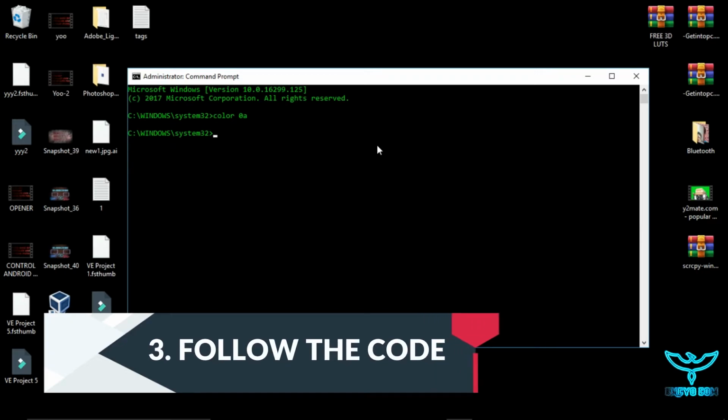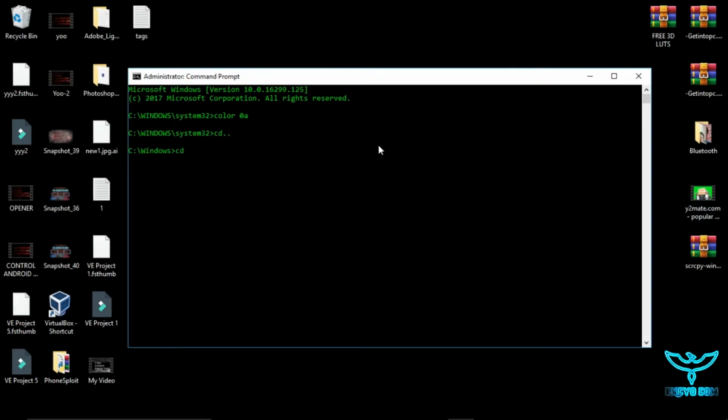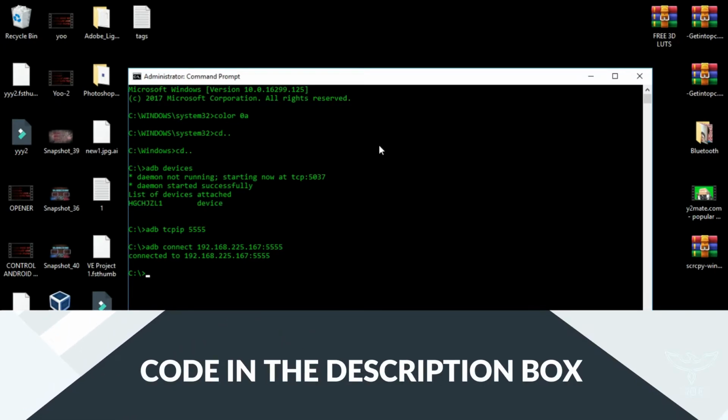From the previous video, we have learned how to connect any Android using ADB. So we will use the same process to connect. So when it is connected, please remove the phone from the computer and just write cd